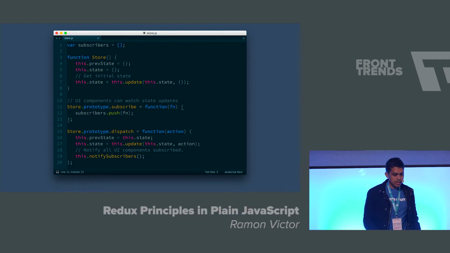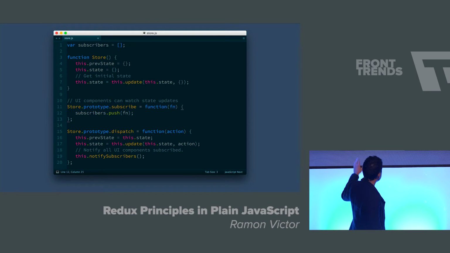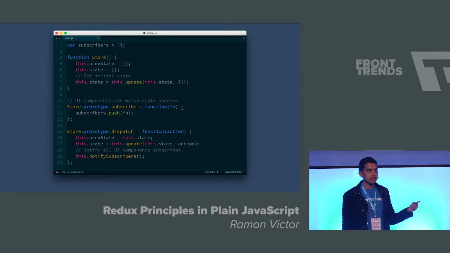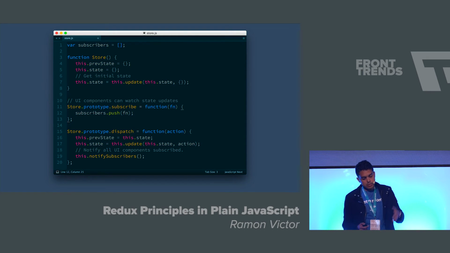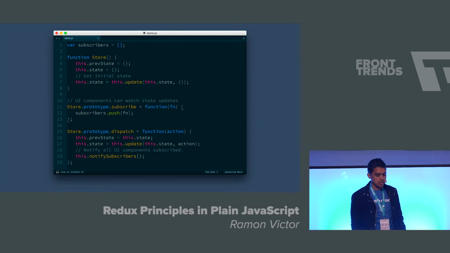And the methods that we have on the store are pretty much the methods that you can see here. So you have the subscribe method, which any UI that wants to render something different when the state updates can use. So whenever you dispatch a function from the UI, it's going to run the update function on line 7, as you can see over there. And then you are able to reproduce that change on the UI. I will show the flow in a little more detail later.